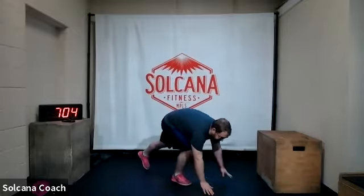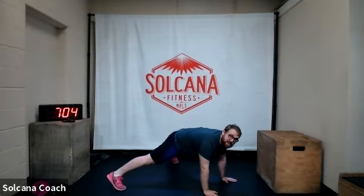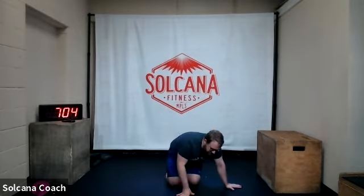Then the plank jack. So for a plank jack, I'm starting in this push-up position, and then I'm gonna hop my feet out wide, and then back in. Maybe this is a better angle. Just like that. So we'll do plank jacks for 30 seconds,